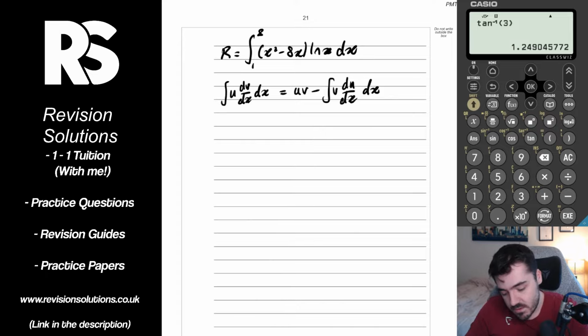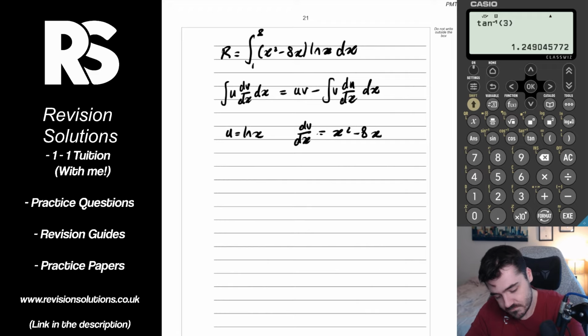So we're going to say u is ln x, which leaves us with no choice but to call dv/dx whatever's left multiplying, so that's x squared minus 8x. Then du/dx is just 1 over x. And then v, if we integrate, would be a third x cubed minus 4x squared. So plugging that in,